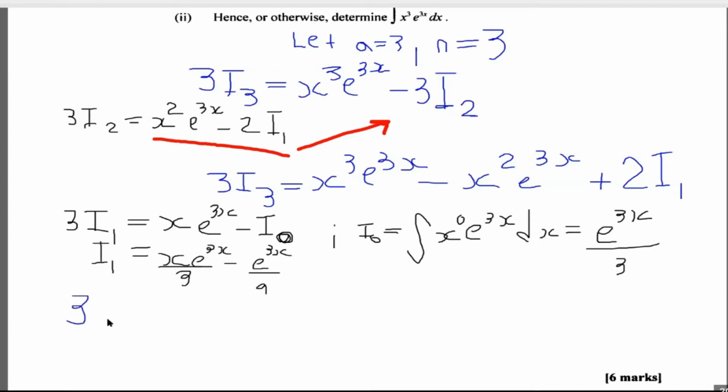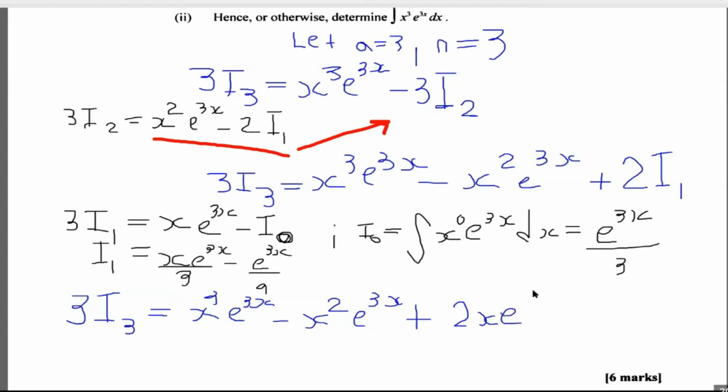So 3I3 is equal to x cubed e to the 3x minus x squared e to the 3x plus 2 times I1, which is 2x